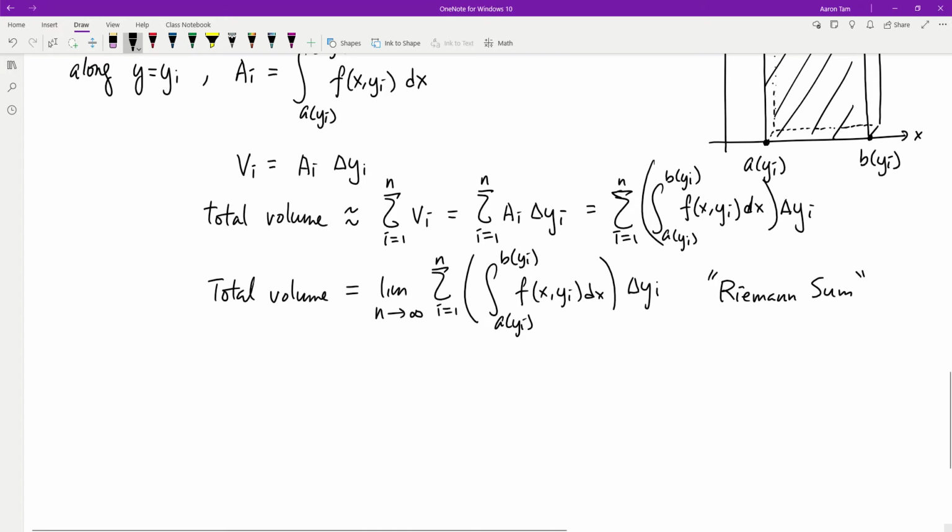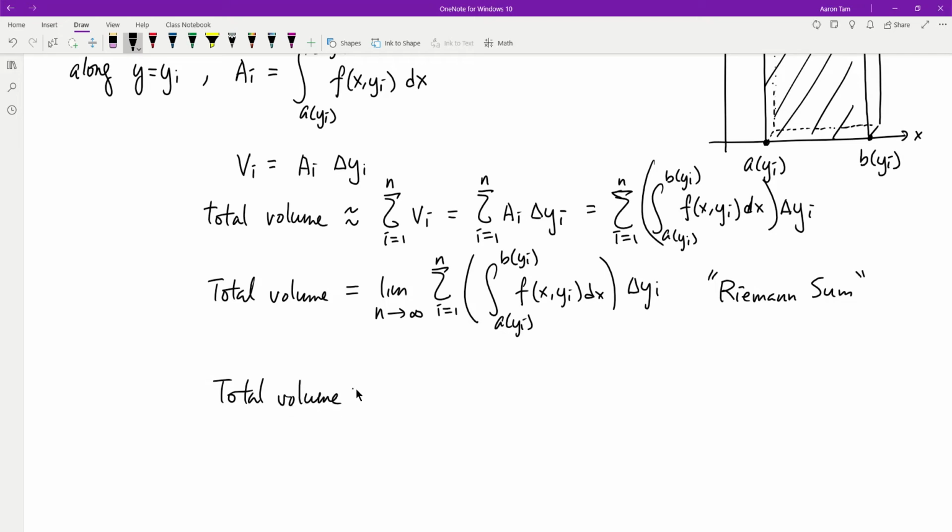Now comes the big definition. What happens to this infinite Riemann sum? Well, we know that this infinite Riemann sum converges to the volume. And so now what I need to do is create a notation for it. So the notation is this. This total volume